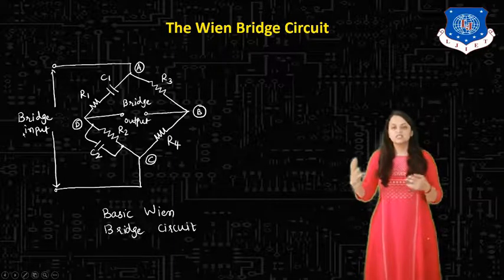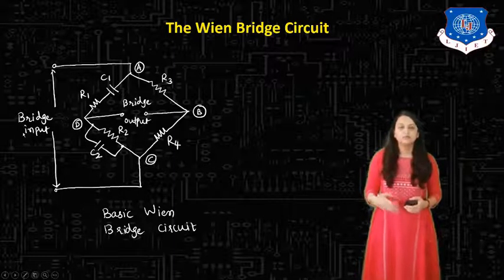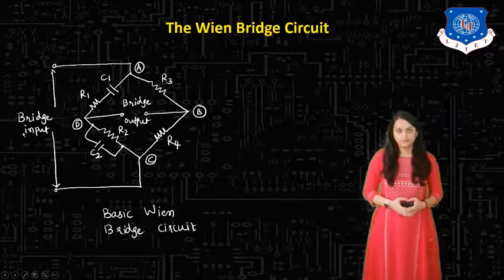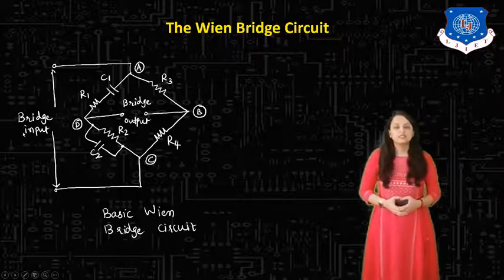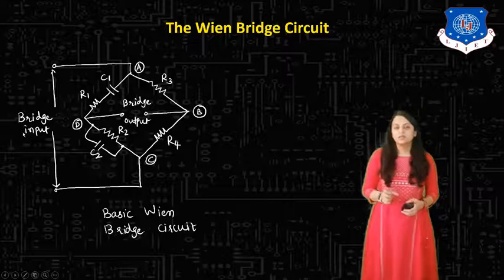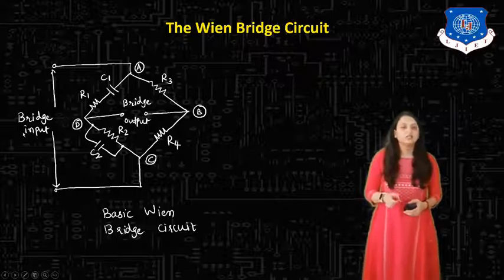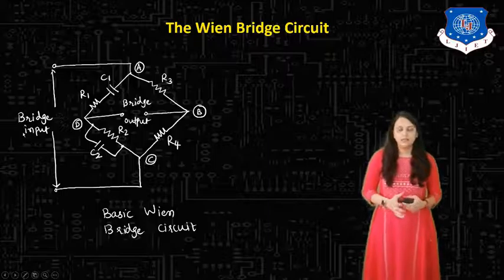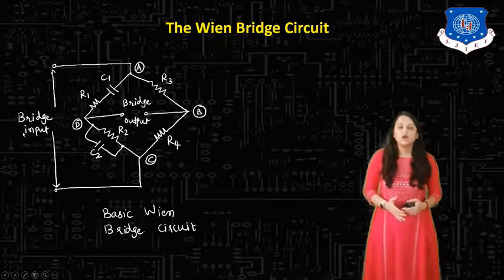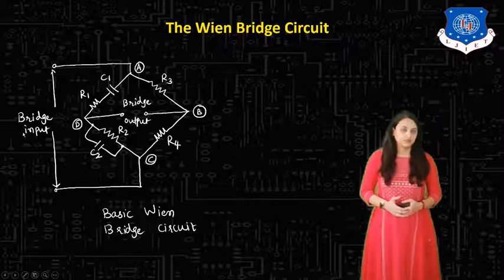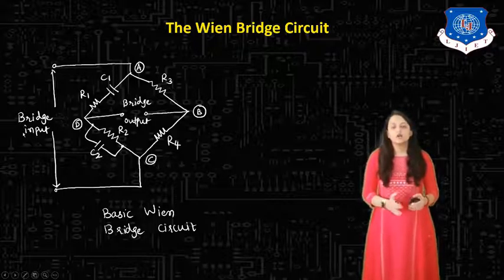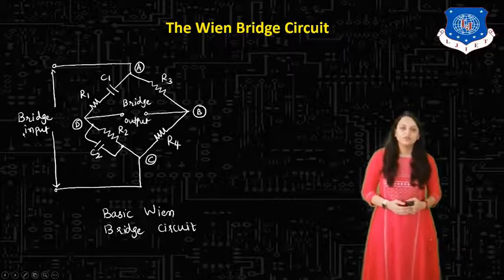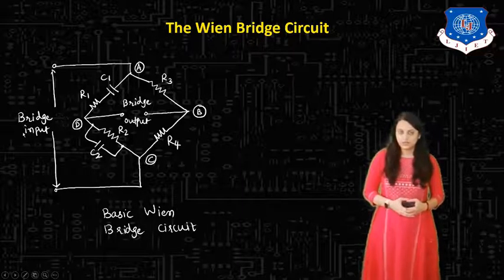And along with this, different active devices are connected, that may be BJT, FET or op-amp, to obtain Wien Bridge oscillators. Now, as you can see here, series combination and parallel combination of resistance and capacitors are in two arms of this bridge circuit, that is AD arm and CD arm. These two arms are called the frequency sensitive arms because these two decide the output frequency range. So if you want to find the output frequency, these two arms are concerned for that.